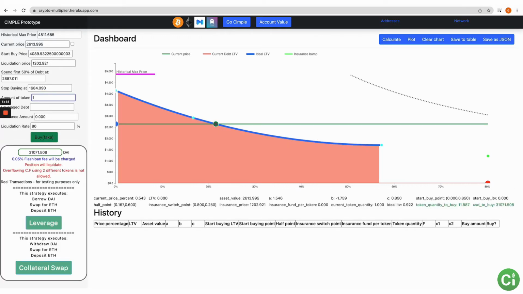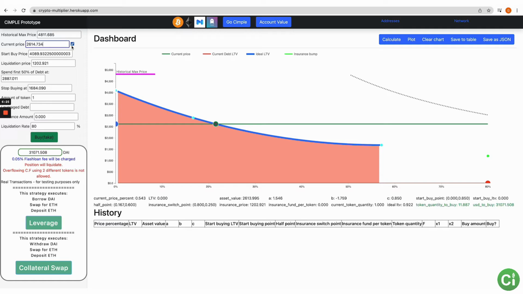Okay, so we put in 1, and it's telling us the position is going to liquidate because in real life there is no account, right? So this is trying to do a real trade, and it's saying there is no account, so you can't take on any debt, and it'll liquidate because you don't have any assets, right? So just be aware that this error message is going to show up if you do anything fake, right? With the real stuff, it will only give you the error message when you actually need to get the error message, right?